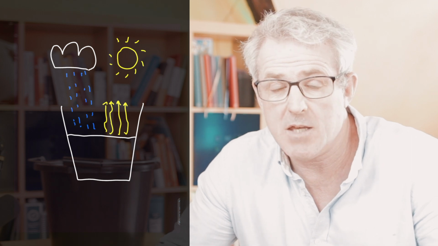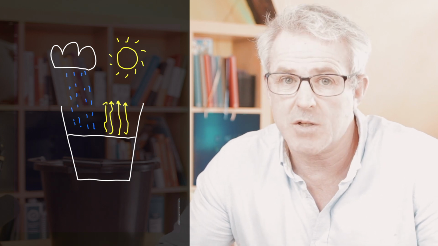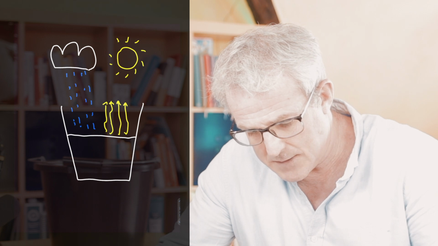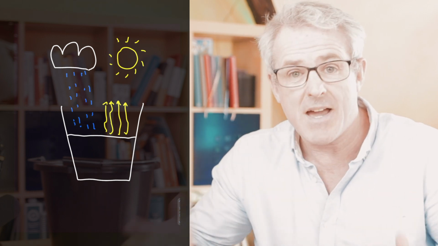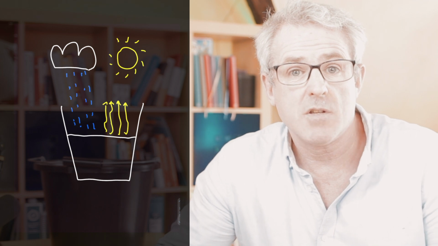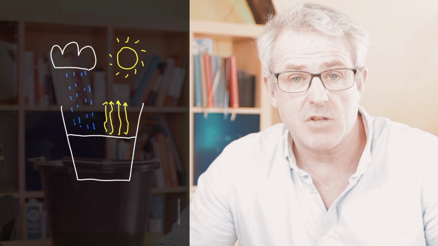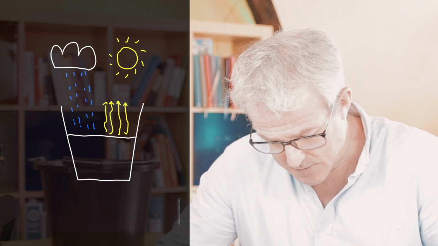So here's your financial bucket, and the way that we look at investment risk is your bucket is out in the open air, and out in the open air it is at the mercy of the elements. And it being the UK, it rains a lot, and August 2022 it's sunny a lot, and so we can look at the rain. So the rain can fall into your bucket, and that's going to make the water level rise, and that is analogous to investment growth. So the investments that you've got in your bucket are going to grow because the rain's going to fall in them.